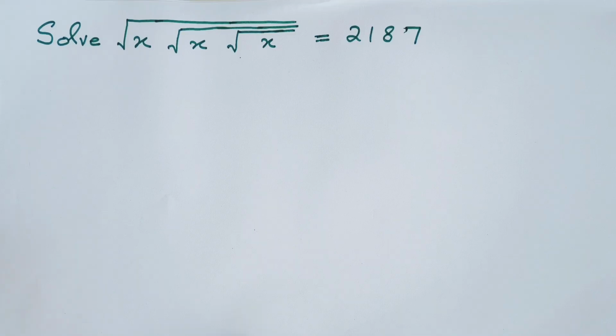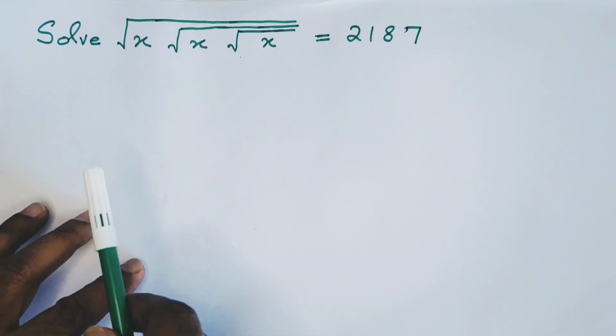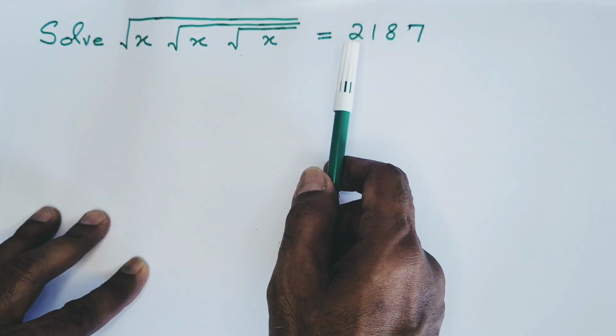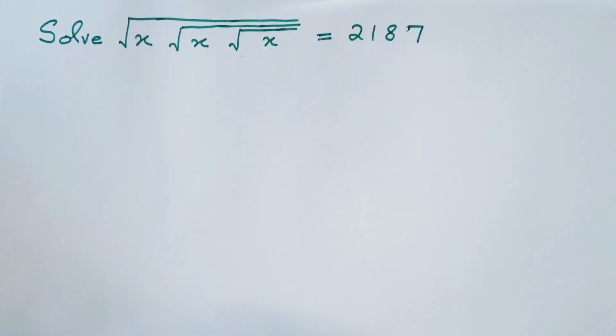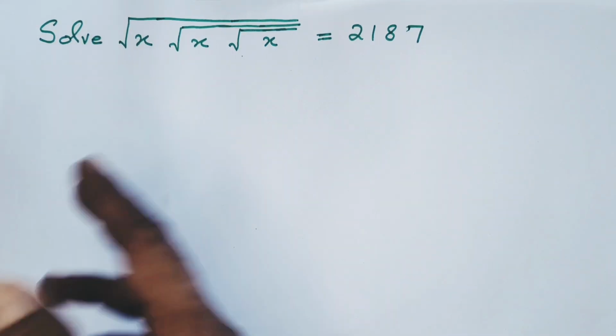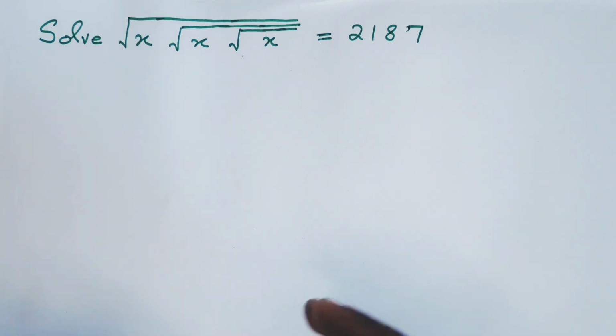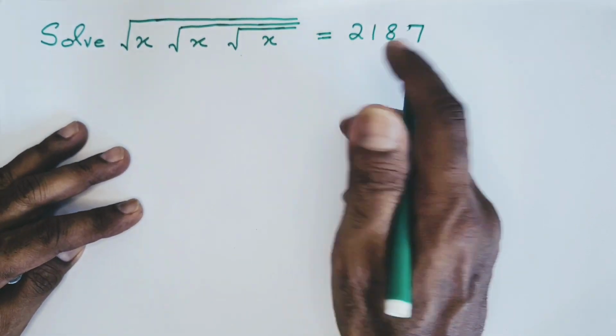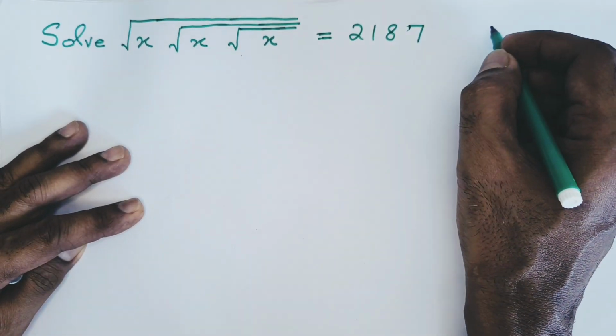Hi friends, in today's video, we are solving an interesting exponential equation. The equation is this: square root of x times square root of x times square root of x, equal to 2187. We need to know a few laws of indices for solving this equation, which I will be touching upon as we proceed further. The first thing here is to factorize the right side number 2187, which is actually divisible